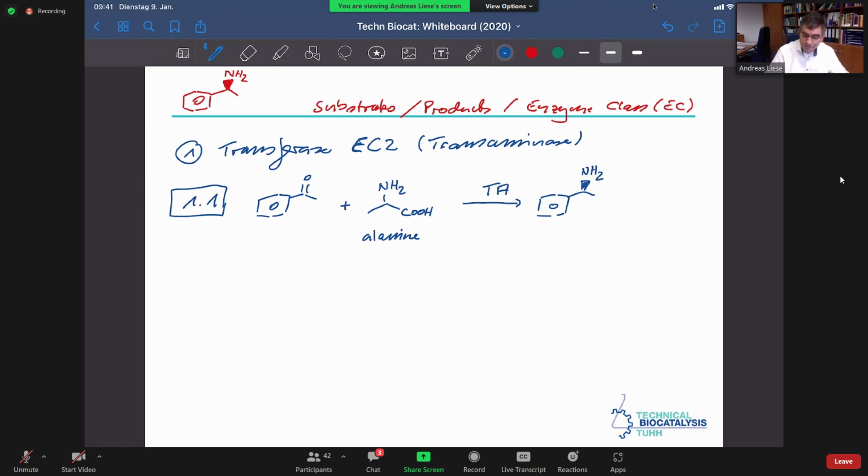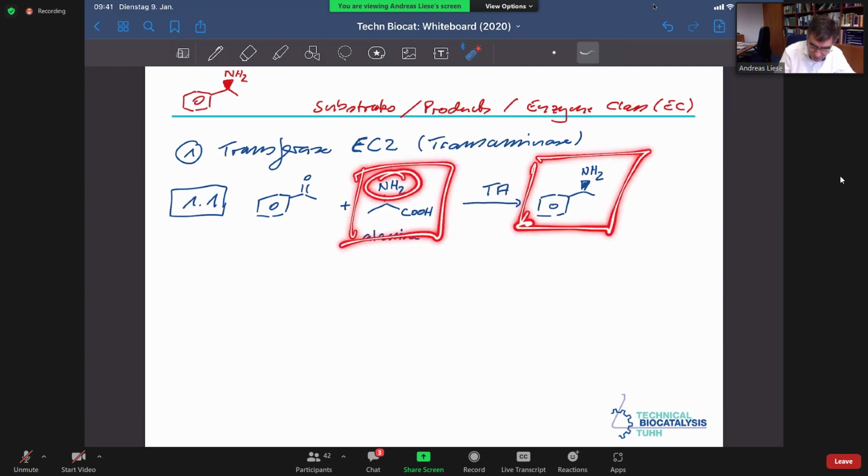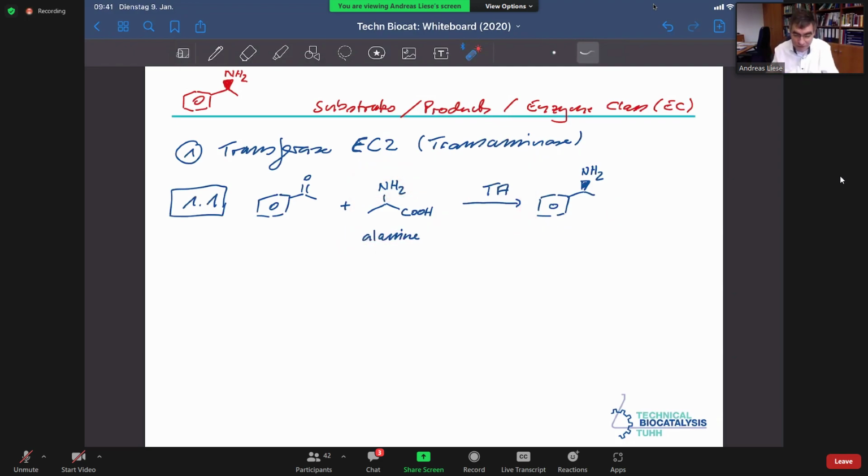And now watch out. That's often an error, a failure in the written examination, because in the task it says you should give, in the written task, all products. Sure, you make this product, but you still have the alanine with the donor, so you have a side product that you need to give, because for the process design industry you need to be aware of all chemicals you are consuming, generating. So therefore, what you still have to write down here is a side product, which is pyruvate,